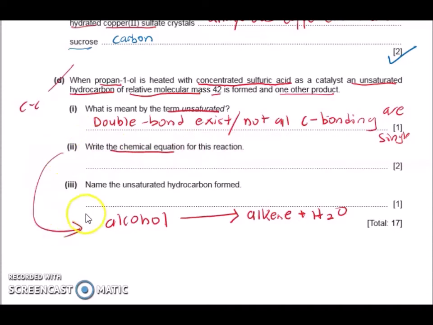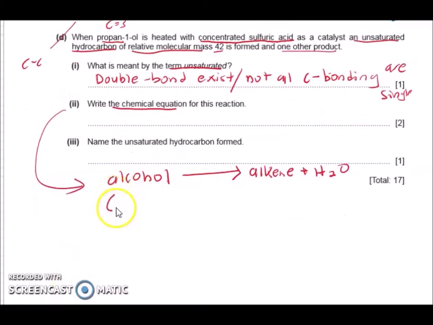So we can actually follow this. Okay, this is propan. Propan means C is 3, and the formula for alcohol, let me scroll down a bit. Okay, formula for alcohol is CnH2n+1OH. Alkene is CnH2n. So when they mention propan, to write this equation, we just substitute the 3 for n. So we will be getting here